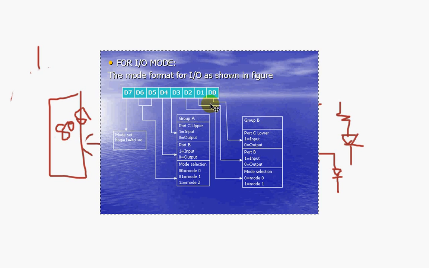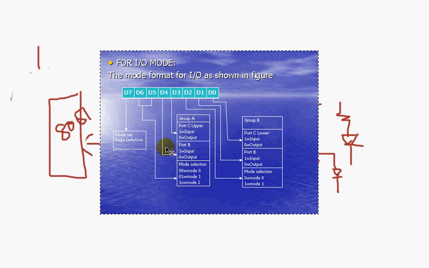And D1 is for the entire port B, input or output. And mode selection, whether it is the conventional mode or some special mode. By default it is mode 0. So these 3 bits are in group B. Coming to this, D3, D4, D5, D6, these 4 bits are in group A, where D4 is for port C upper input or output, and D5 and D6, sorry,